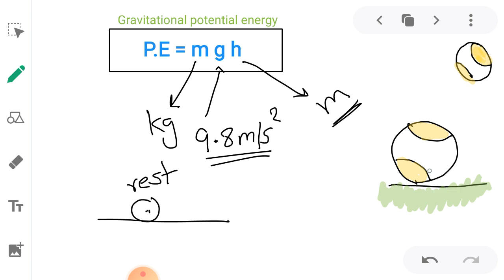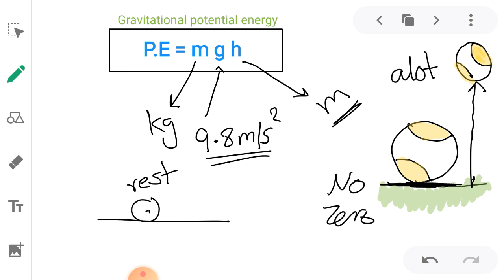And as we said, when the object is touching the floor, touching the ground, it has zero potential energy. But when there is a height from the ground, when it is above the ground, it contains the maximum potential energy. Because if you don't understand that one,